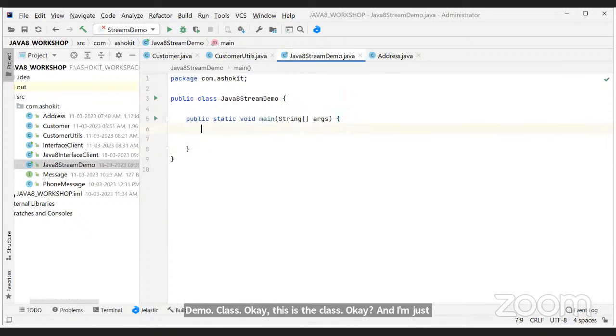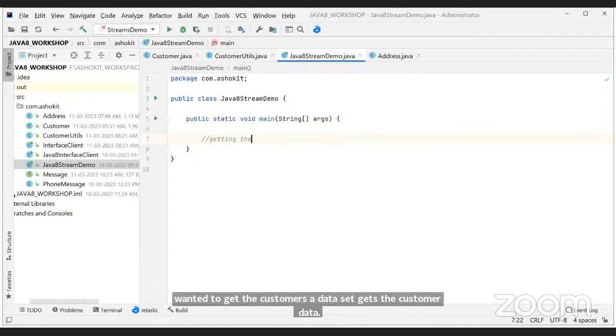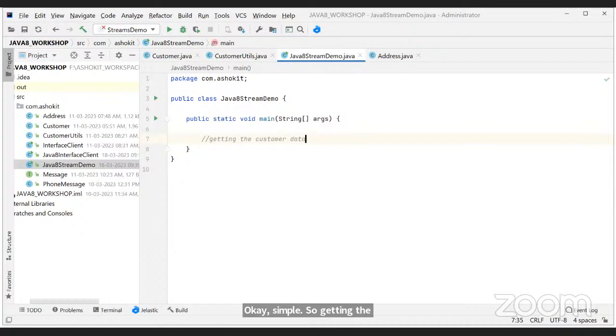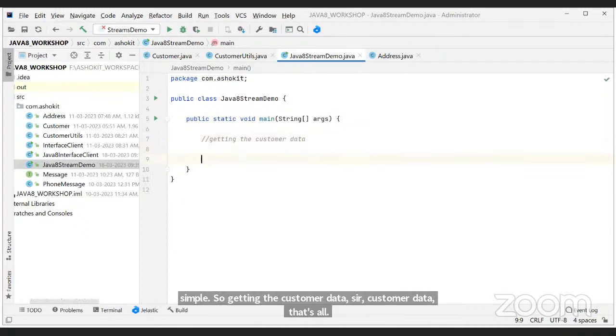First, I wanted to get the customers data. So how can I get the customers data?